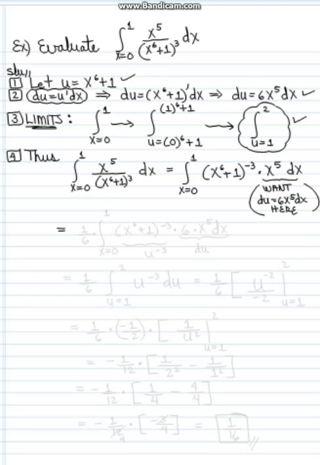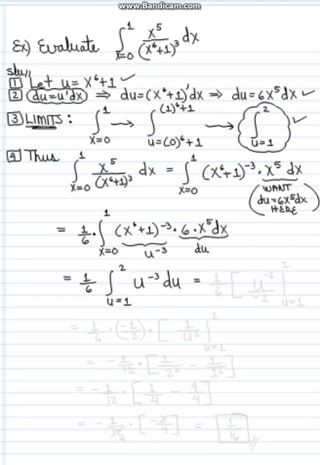So we're going to have to introduce a factor of the reciprocal, 1/6, in the front, and a factor of 6 towards the back. So there's my 6 x to the fifth dx, and there's my 1/6 out in the front to counterbalance it. So now I have my du in the back, and then the left of that is u to the negative 3. So I have 1/6 of the integral from u equals 1 to 2 of u to the negative 3 du,